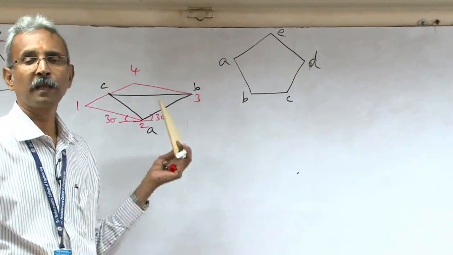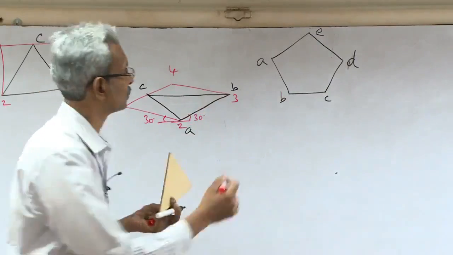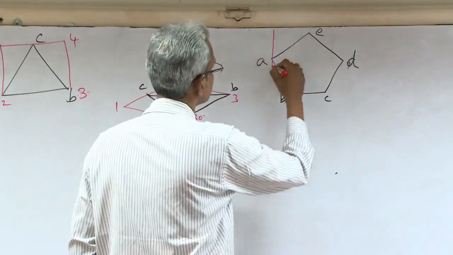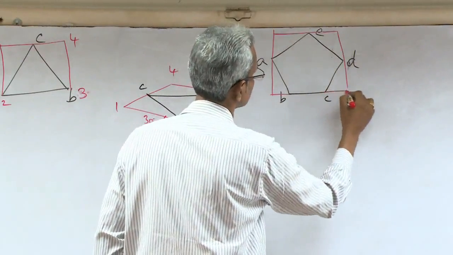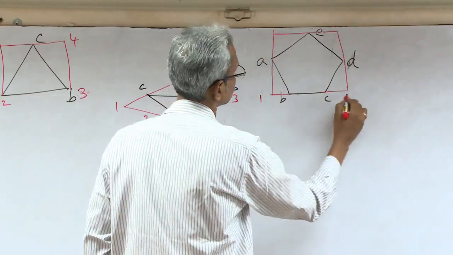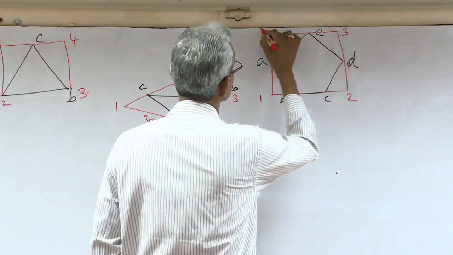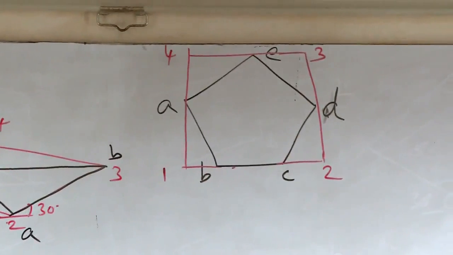As I told you, there are non-isometric lines. Once there are non-isometric lines, you enclose it within a box. And once you enclose it, then draw the